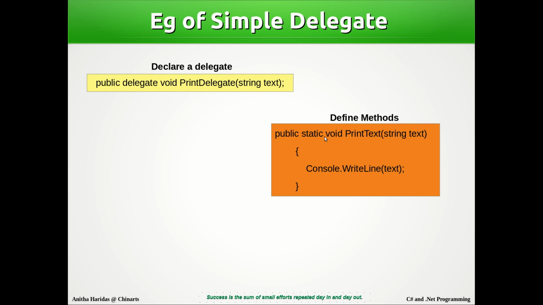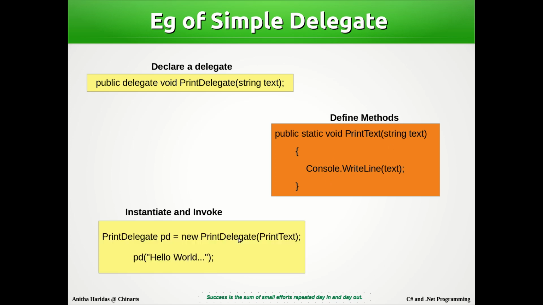The method can be a static method or a non-static method, but it must follow the same signature. What is the signature here? The return type must be void. You must have a method name as usual. Then the number of parameters and the type of parameters must match. So I have only one string data type as parameter here for the method definition,